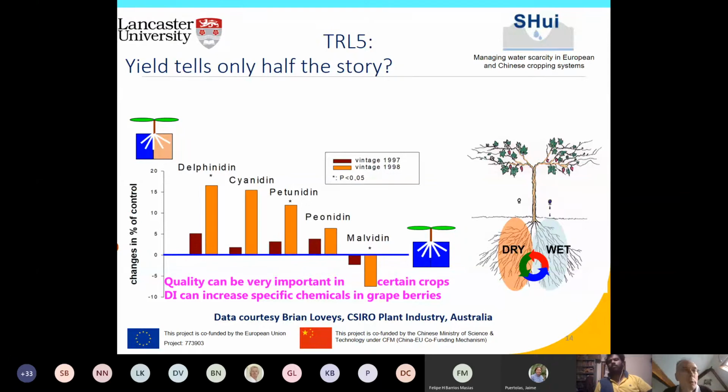So as I mentioned, there was quite a bit of industry interest within Australia at the time in adopting this partial root zone drying technique. Of course, there was also the communication of these results at various conferences around the world. And certainly a conference that I've attended, and some of my group has attended, is an International Society of Horticultural Science symposium that is run by their irrigation group. And certainly when these results were presented, they attracted quite a degree of interest and probably a healthy degree of